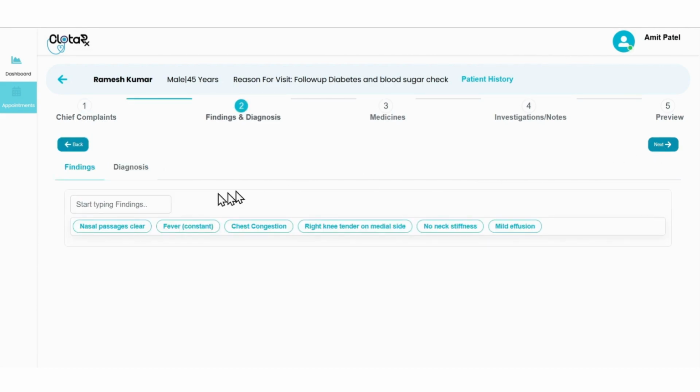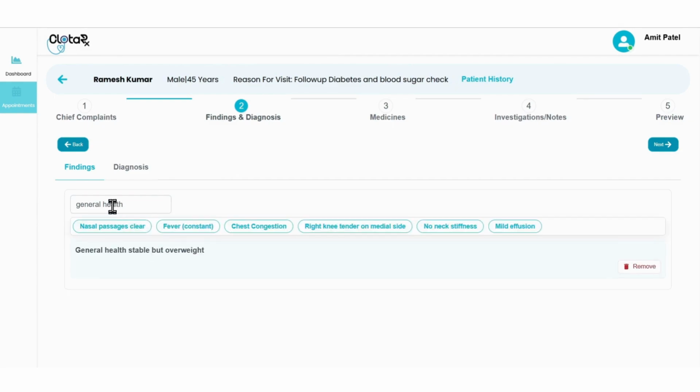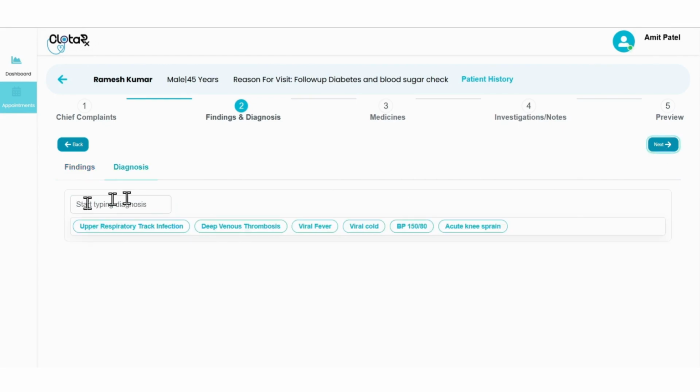The doctor can then enter clinical observations and examination findings. Based on the complaints and observations, the doctor records the diagnosis digitally. This structured approach helps maintain accurate medical records for future visits.